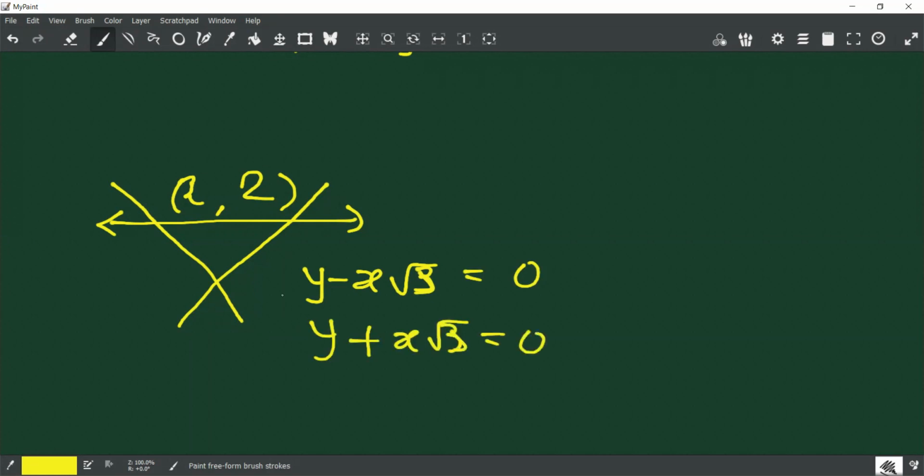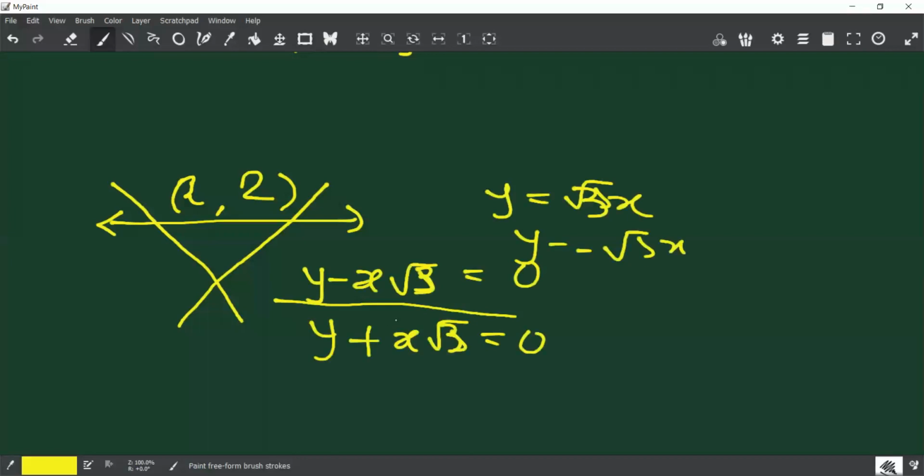Matlab, if you write this in slope intercept form, it's y is equal to mx and y is equal to minus root 3 x, and both the lines are passing through the origin. So this is 0, so this is 60 degrees. This is also 60 degrees, because its slope is minus root 3, meaning this will be 120 degrees, so this is also 60. Correct? You all got this as 60 degrees, and this is also 60 degrees. So what kind of triangle is this?